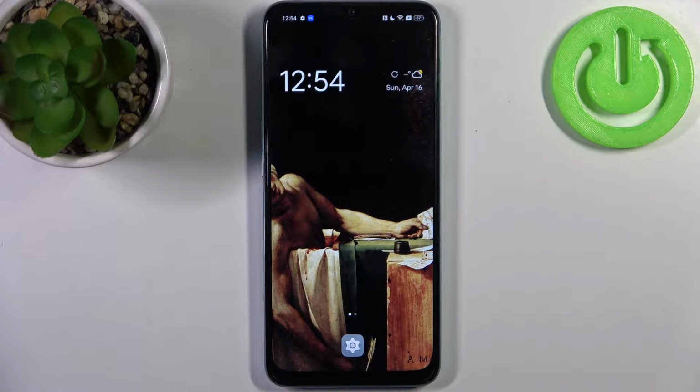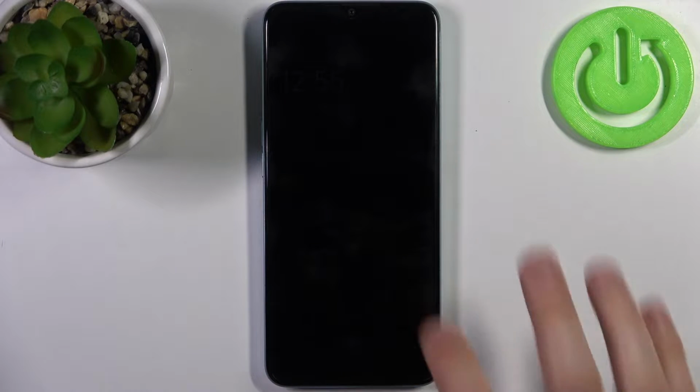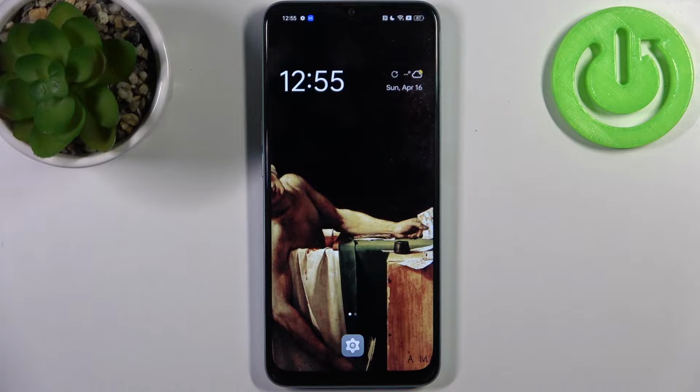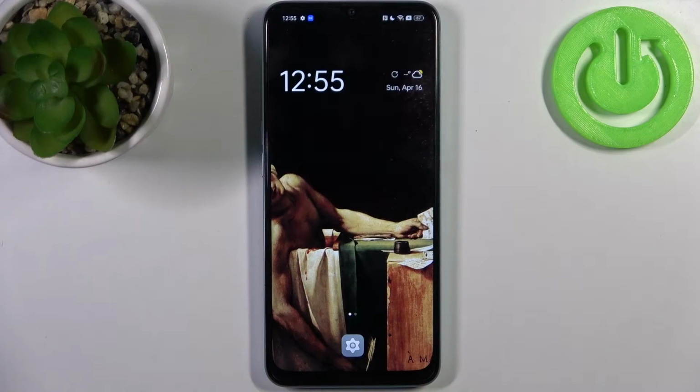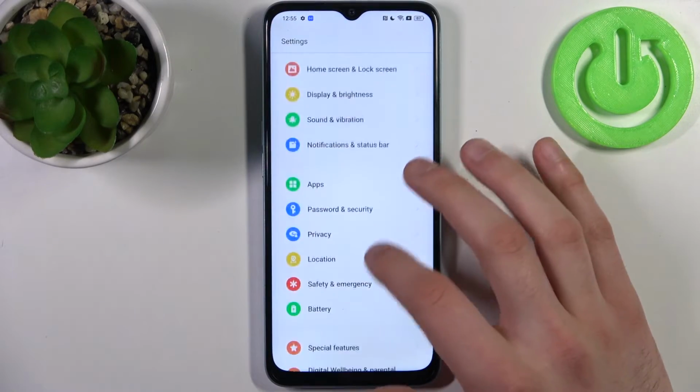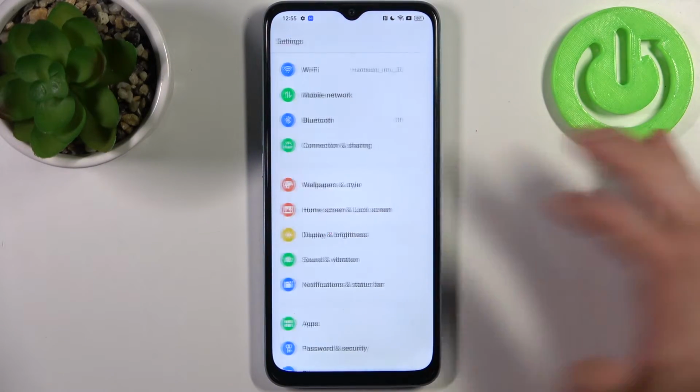Here I have OPPO A78 5G, and today I'm going to show you how to change screen timeout on this device. So to do this, firstly you have to open settings, then you have to go to the display and brightness